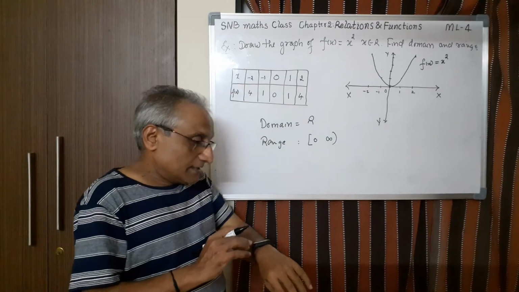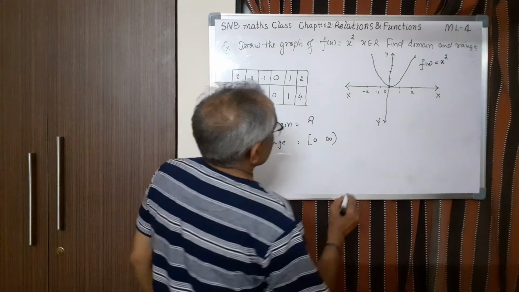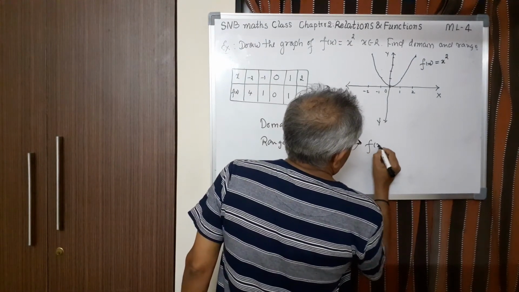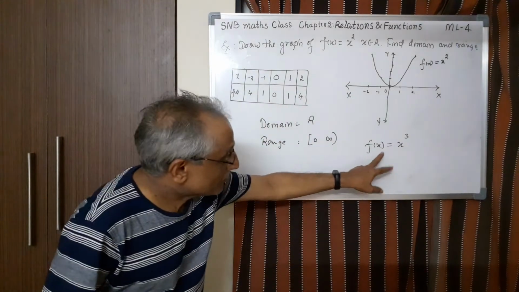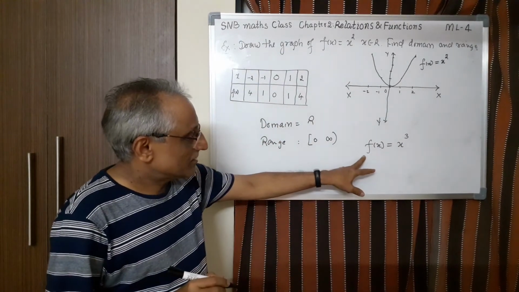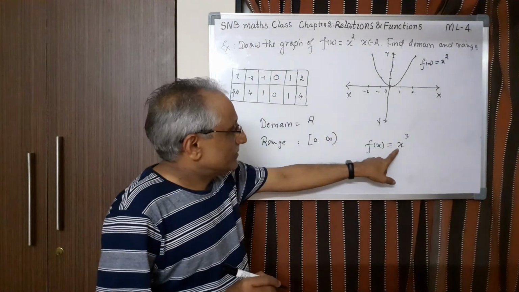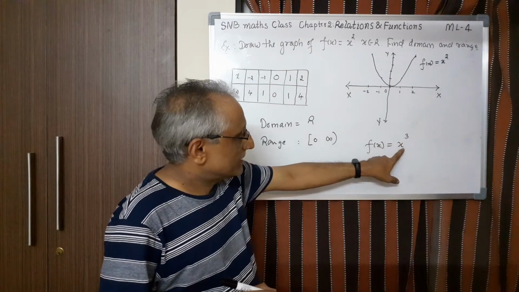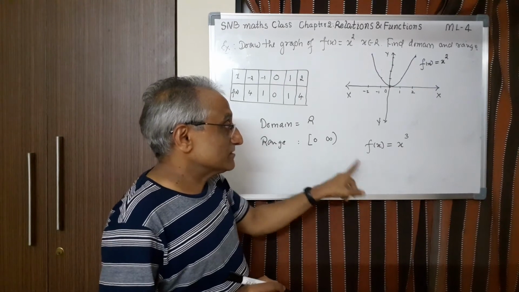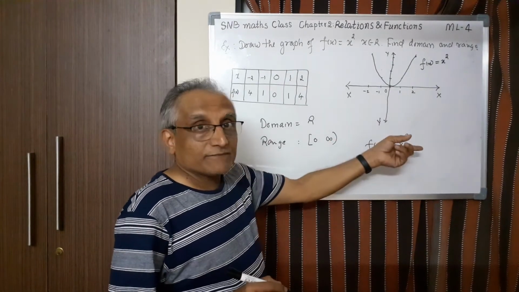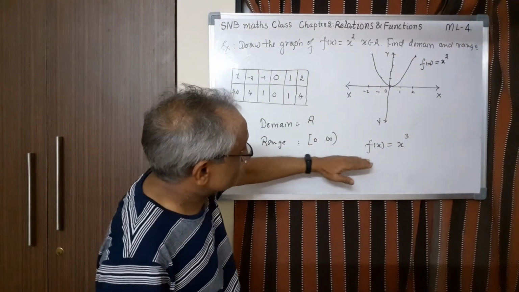Now in the next class, let us study some more, but you can try this also. For example, f of x equal to x cube. This is also a polynomial function. Of course, here the difference is this. If you take positive, it is positive. If you take negative, it is negative, because minus 1 cube is minus 1. Minus 2 cube is minus 8. 2 cube is 8. 3 cube is 27. Minus 3 cube is minus 27. So this takes both positive and negative.